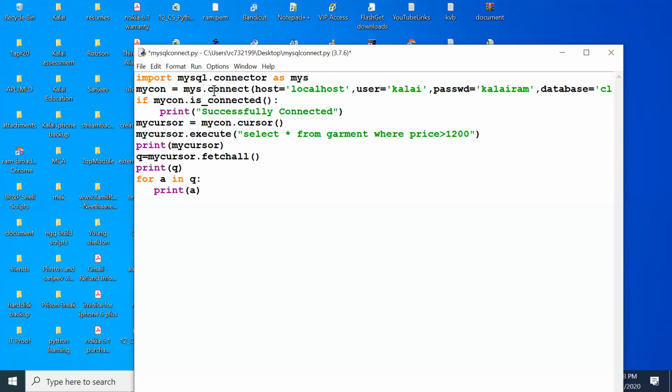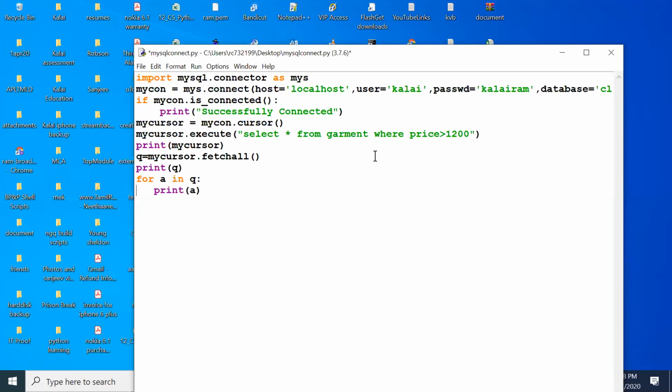Here I can give whatever query. If you want to fetch the information, you can give the select query, or if you want to insert or update, that particular query can be given and then it will be executed. However, if you want to change any information in the table, for example insert some information or update the information, you have to use a commit function to make the modification in the table.